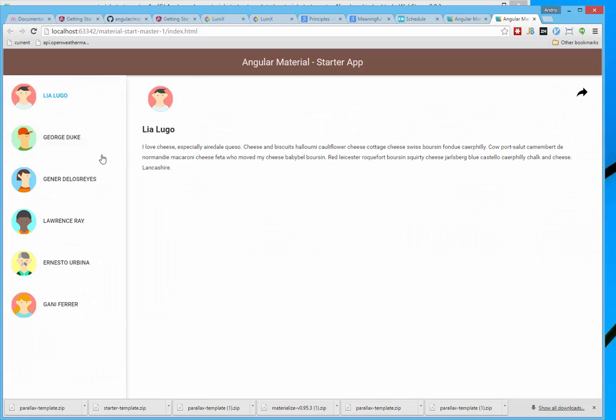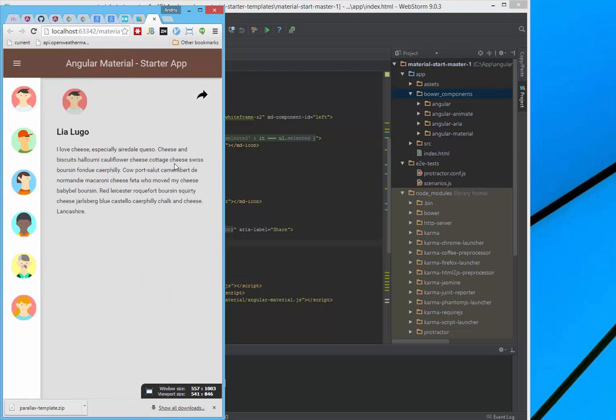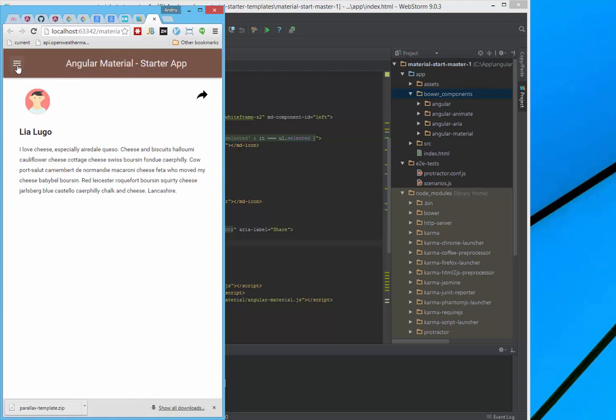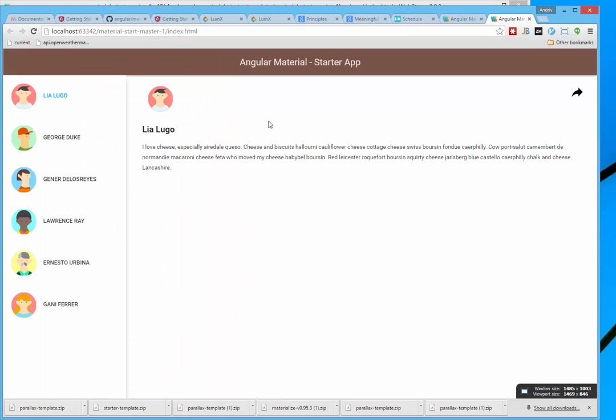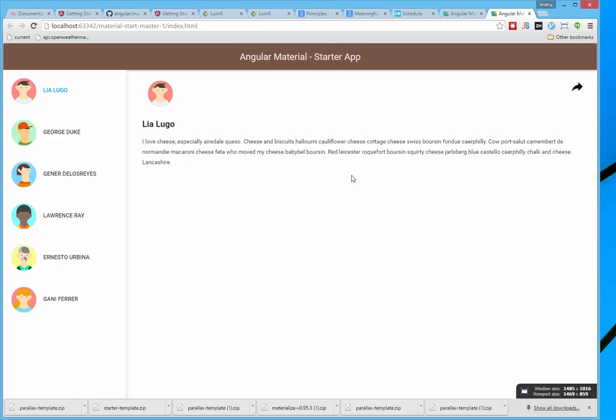And you can see that everything works perfectly. You have an AngularJS basis for your project, and all you need to do is explore how it works. I will show more about layout in the next tutorials. And it's Angular Material starter, and next